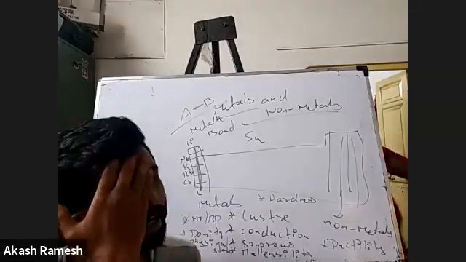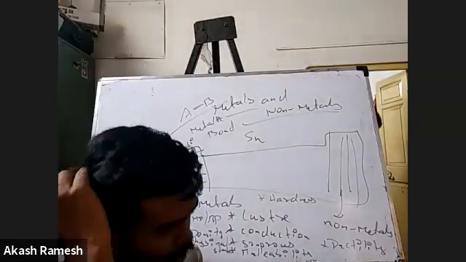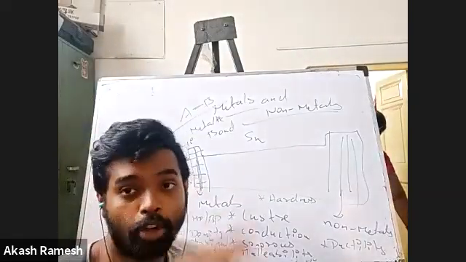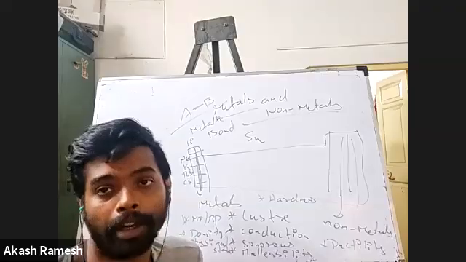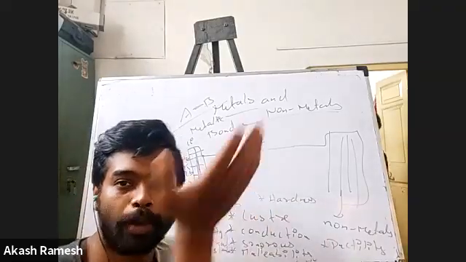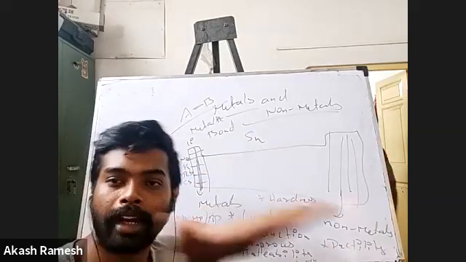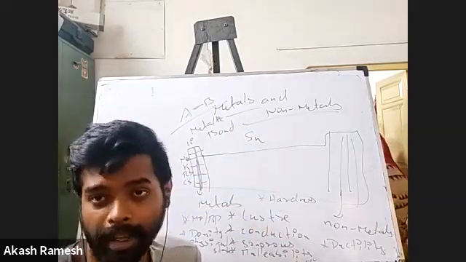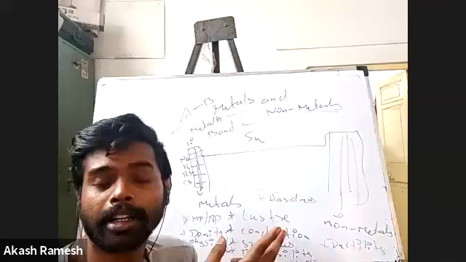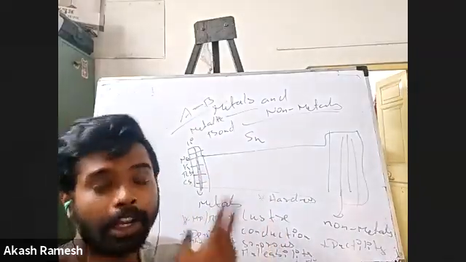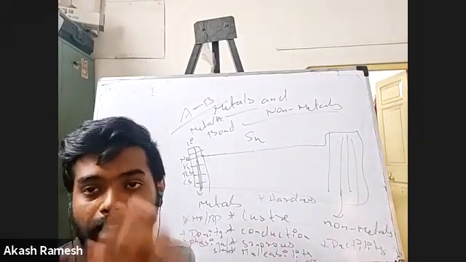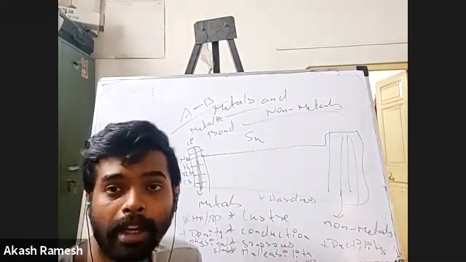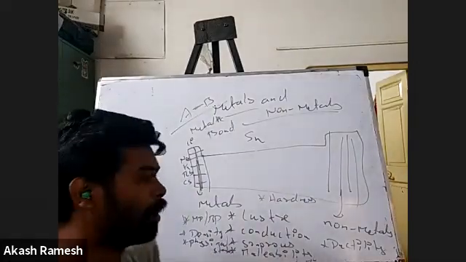If you take gallium at a temperature around 20 degrees Celsius, which is less than room temperature, it will be solid. But the moment you take it out of the box and keep it in your hand, it will start melting because it has a very low melting point. So that is again an exception. Generally metals have higher boiling and melting points, but there are some liquid metals, for example mercury and gallium. That is an exception for boiling point and melting point.